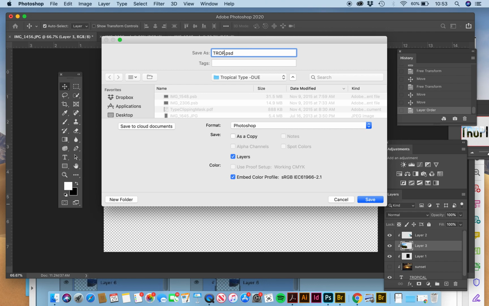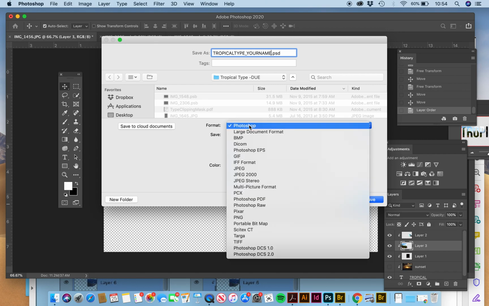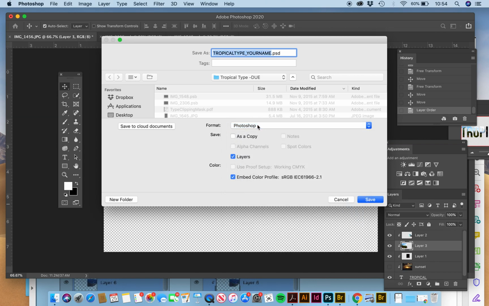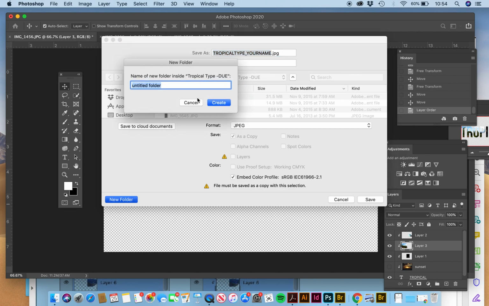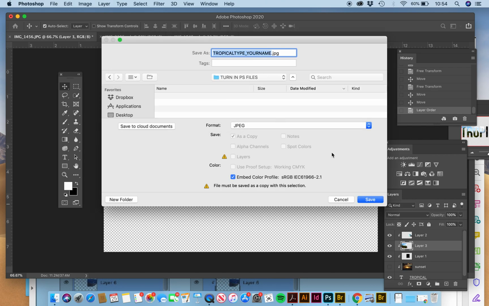When you're finished, save it as the name Tropical Type _ your name, and save it someplace on your computer that you're keeping a folder, maybe on the desktop. I'm going to save this one as a JPEG because I am done with it. I'm going to make a new folder called my Turn-In Files, Turn-In PS Files, and then I can just